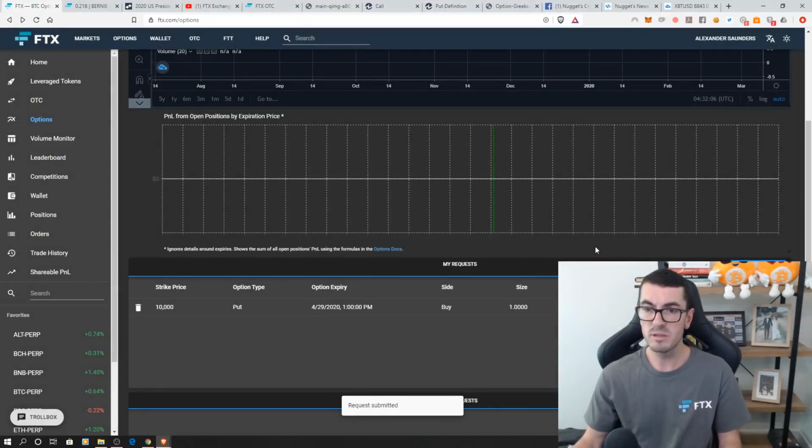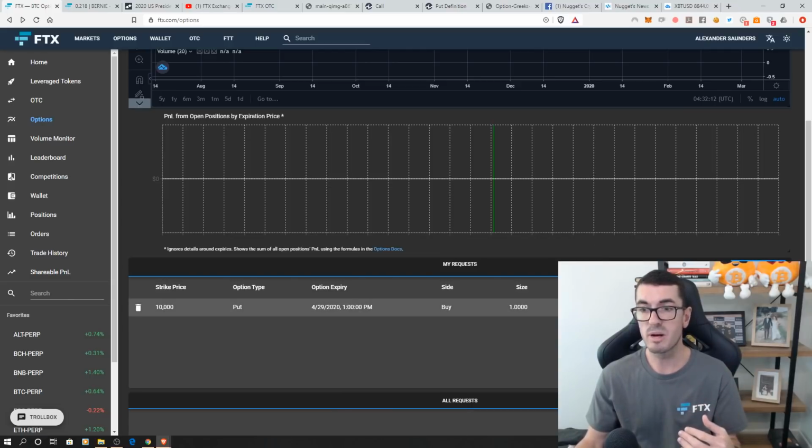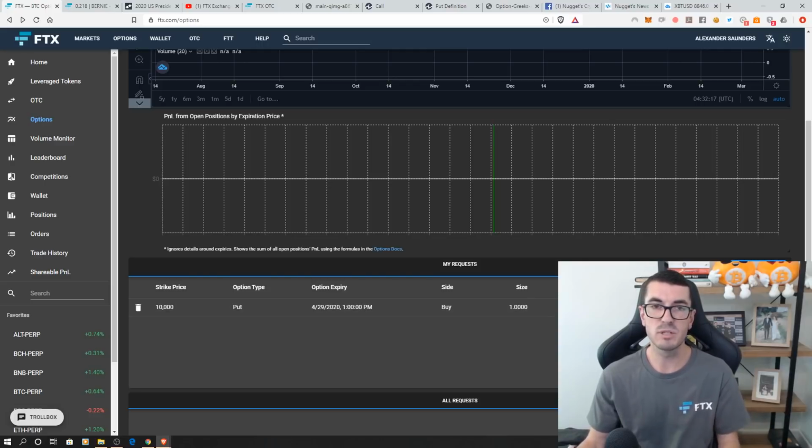Now, at the moment, Bitcoin is trading around $8,700. We're going to pay quite a bit because Bitcoin's already below that price. So we're going to pay $1,700 for the option to be able to sell someone a Bitcoin for $10,000 2 months from now. So if Bitcoin was to keep crashing, obviously this trade will become better and better for us,